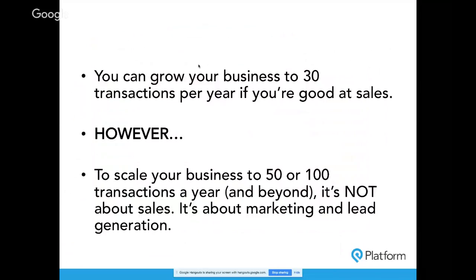So again, investing your time and hustling can get you to about 30 closings a year, or maybe 40 if you have an assistant or an ISA or someone helping you out a bit. Maybe you can hit 40, 45 with a little extra help. But if you want to double or triple your business and get to 50, 60, 70, 80 closings a year and beyond,